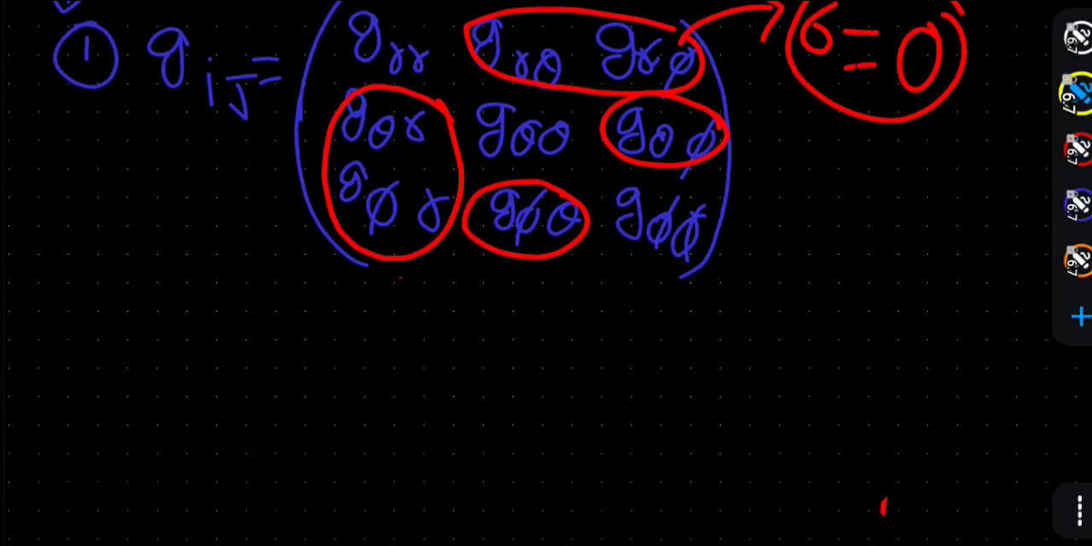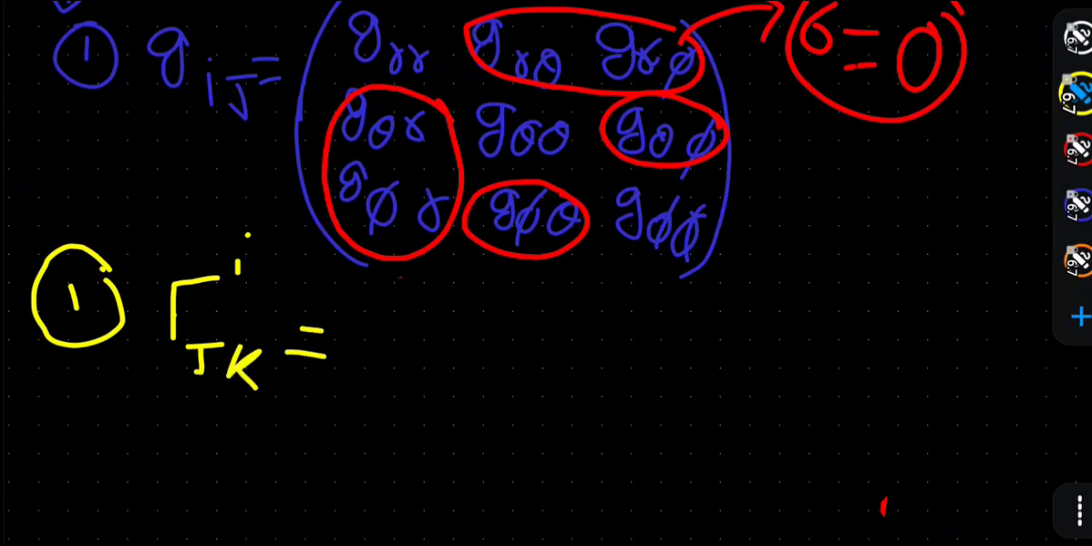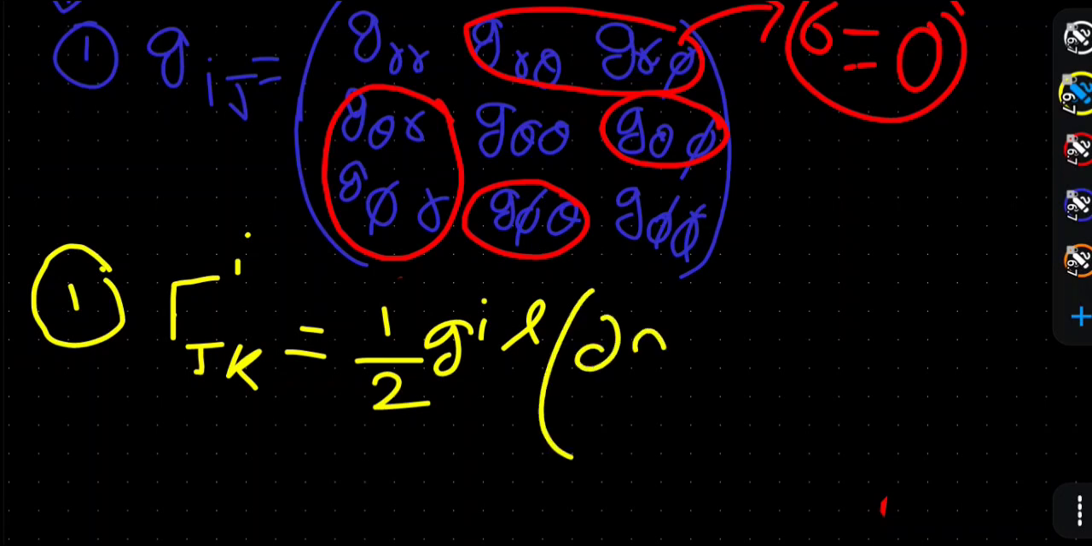First one is very lengthy, very. First one is directly computing it from the formula, and the formula is Γ^i_jk equal to one half g^il, and the derivative of g, let's say first of all ∂g_jk divided by